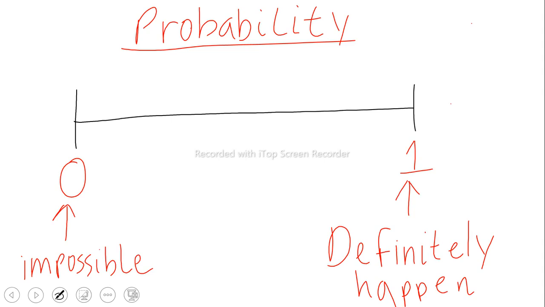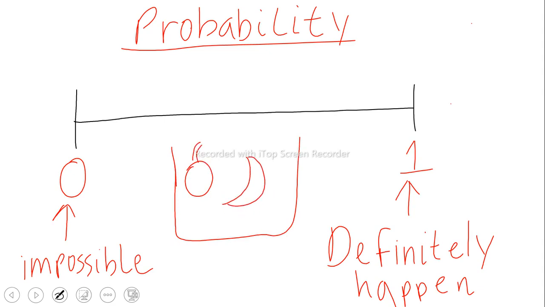So let's say, for example, you have a bag that is full of fruit. This is a fruit. This is another fruit, a banana. This is another fruit, grapes. So what's the probability that when I put my hand in there, I will get a fruit when I pull it out? I'll definitely get a fruit. I might not get the same fruit, but if I put my hand in a bag of fruit and pull something out, I am definitely going to get a fruit. So the probability of that is going to be 1 because it's definitely going to happen.